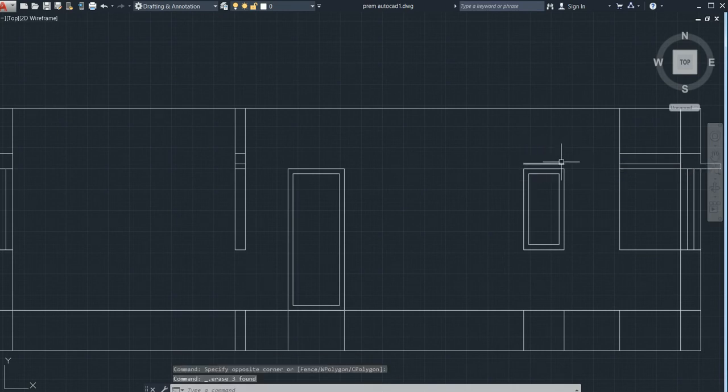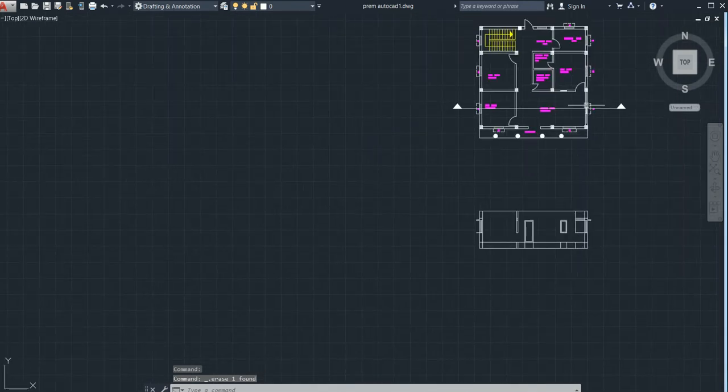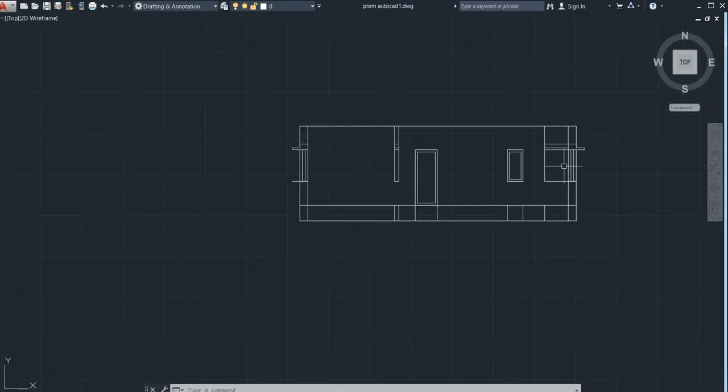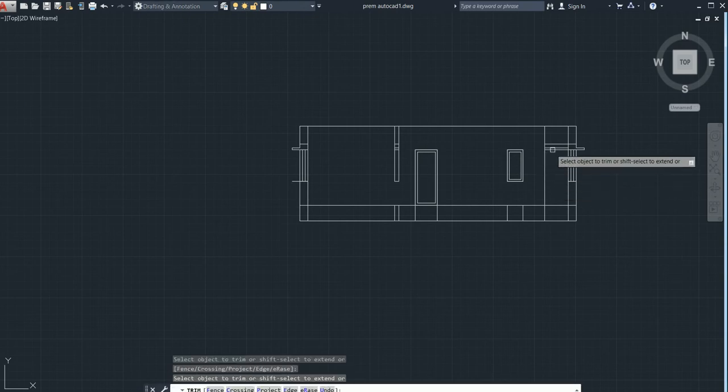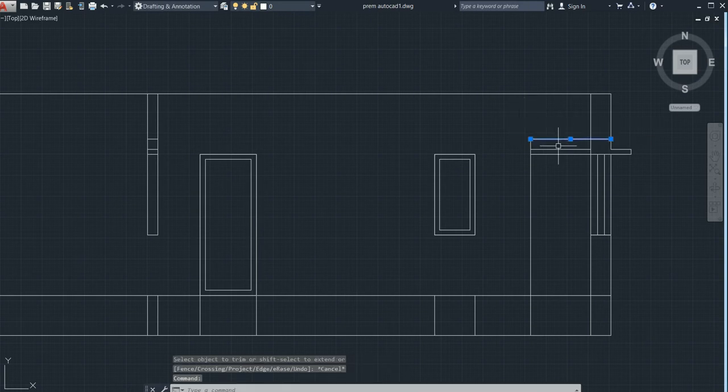After that, this is our door. So go for the extend command, double enter, just extend it, go for the trim command, trim this also, we need to do like this, skip it, trim this, delete it, trim it like this.